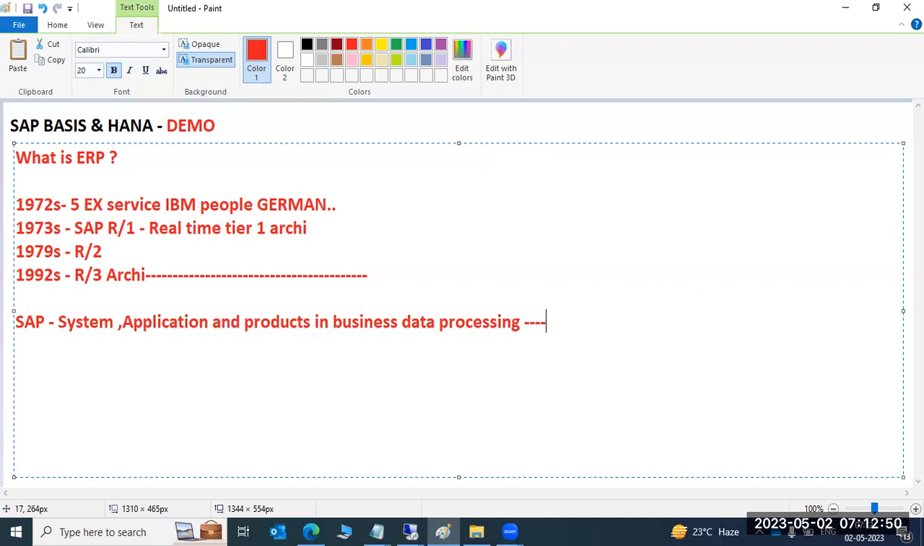So if you want to process your transactional data, if your transactions are happening, you want to store that data in your databases, or have a user interface available for the user, you need an SAP application. That is required here. Under the ERP, we have a number of applications. Not only SAP, we have other applications also in the market,